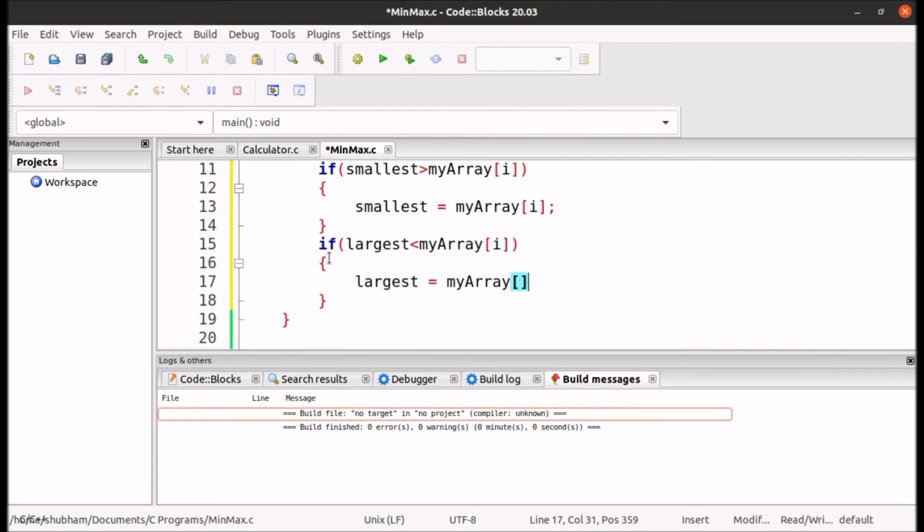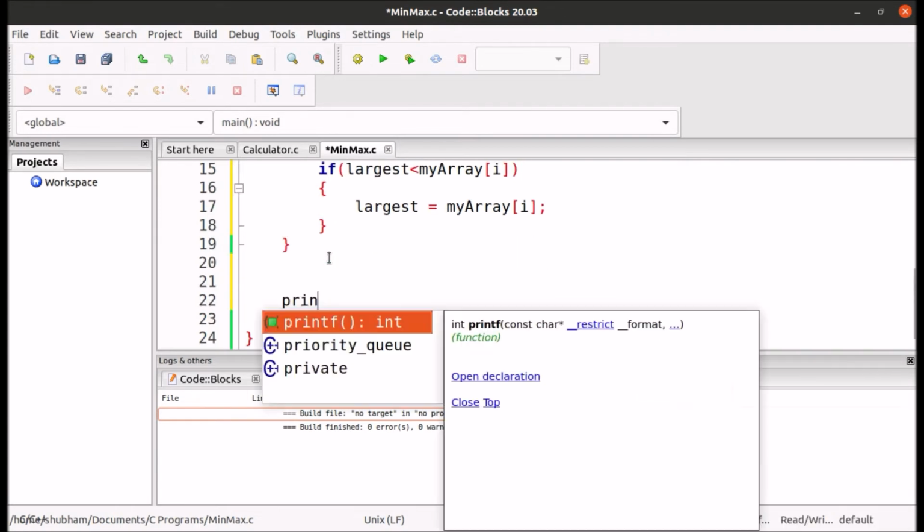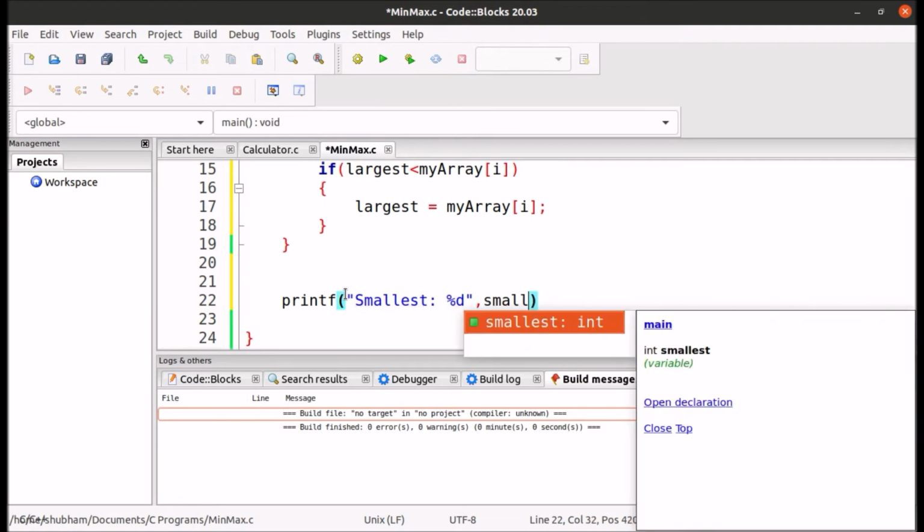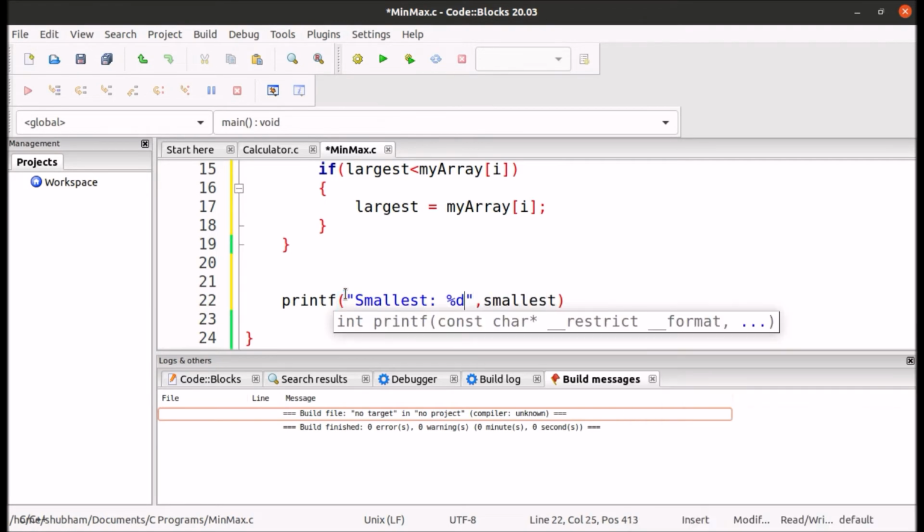And after this for loop, I will printf both the values. Smallest is equals to %d and it is equal to smallest, and put a slash n so that we can print our next output in the next line.